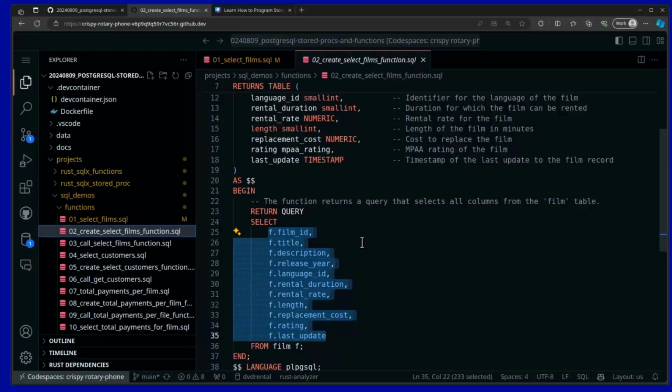Stored procs are really designed for just running multiple statements in transactions and modifying that data. If you're really trying to pull something back from the database, then Postgres really tries to push you towards using functions. The problem, though, is what if you want to modify data and get data back? That's where things become a little bit less clear when working with Postgres. In other database platforms, it's more clear, but because of the way these things developed in Postgres, it's a